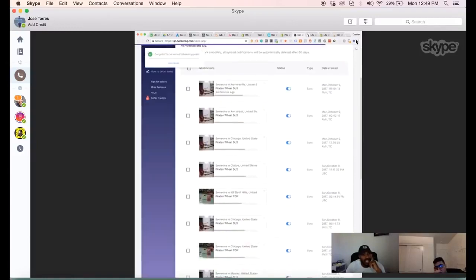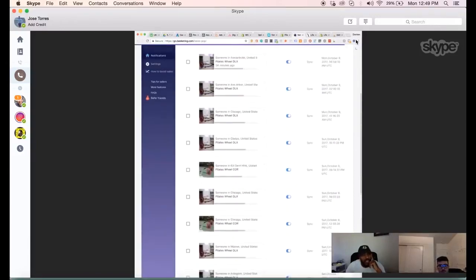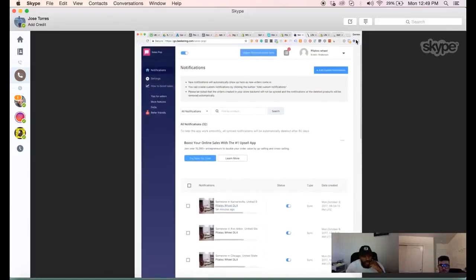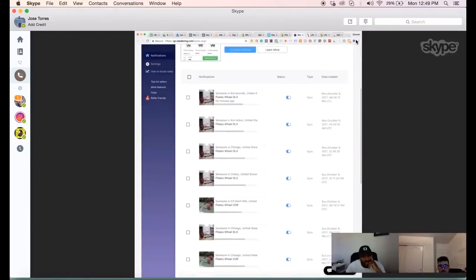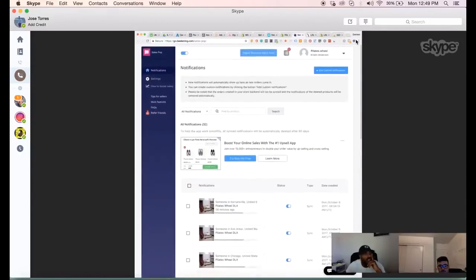All right, so this is just the app. As you can see, it's dynamically pulling, when someone purchases, it pulls their location. It doesn't actually say their name. It just says where they're from and the product that they purchased. You can see people are purchasing the Core, people are purchasing the DLX, but also inside of here,